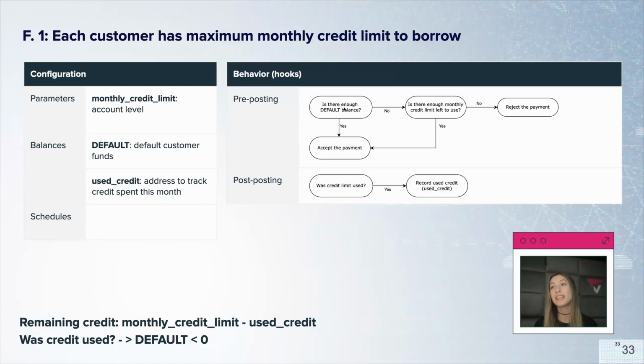But if there is not enough balance on the customer account within the customer funds to perform the payments, I can then ask the bank if the customer still has at least enough monthly credit limit to help me with the payment. If yes, then I'm also able to accept the payment,